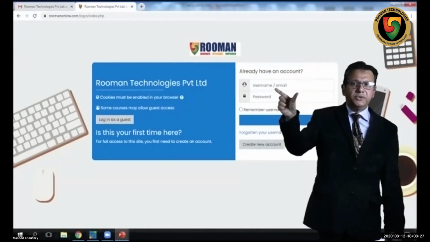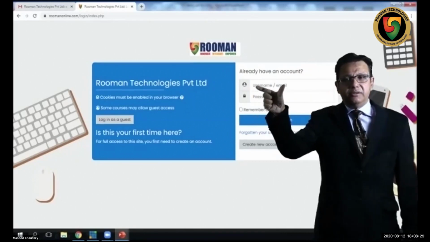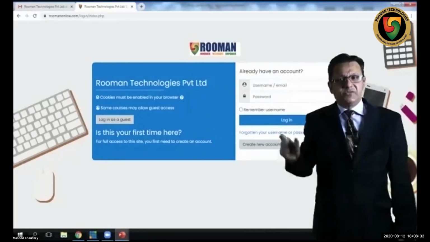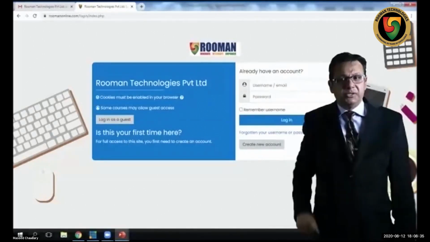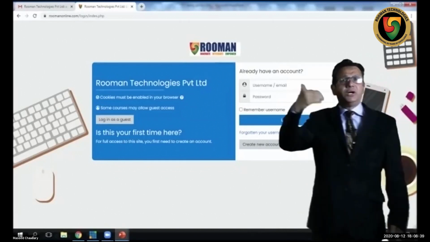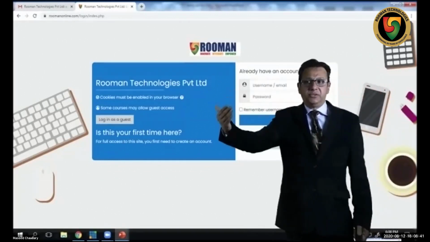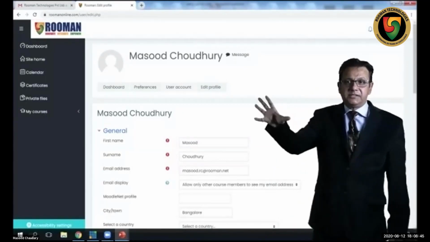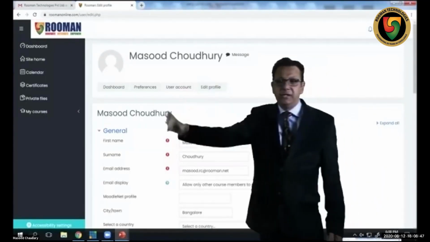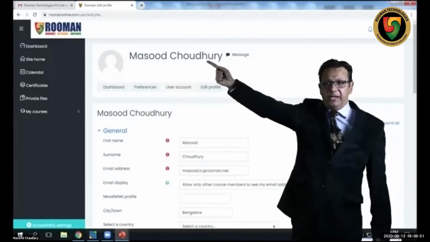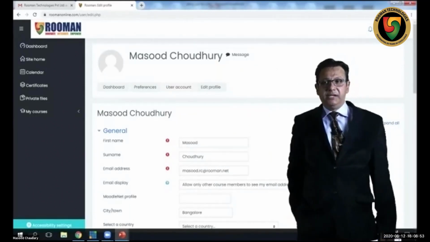Now what you do is type your username, which you typed into that details form, and that password, and then click on login. It will take you to our demo page. So there you will get a page like this. It will be a welcome page. On this welcome page, you will find the dashboard. If you click on the dashboard on the left side,